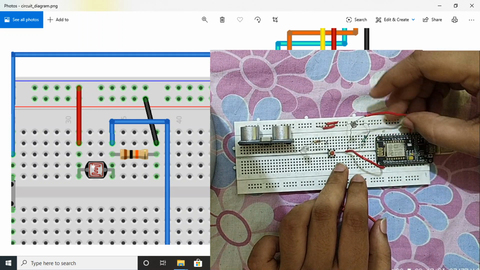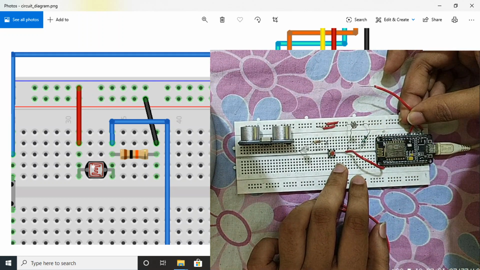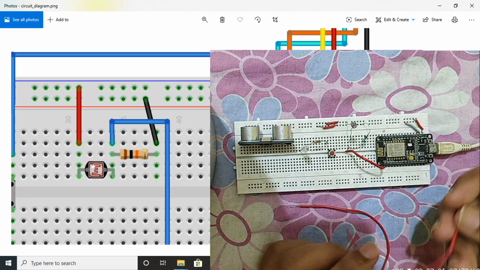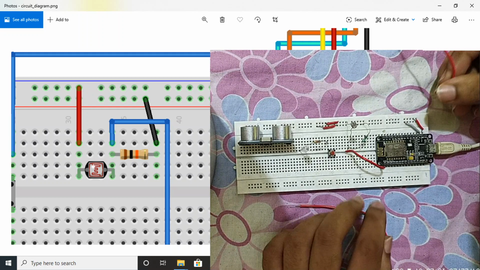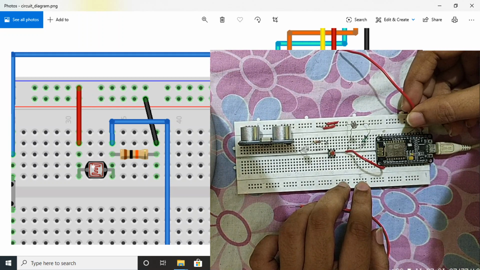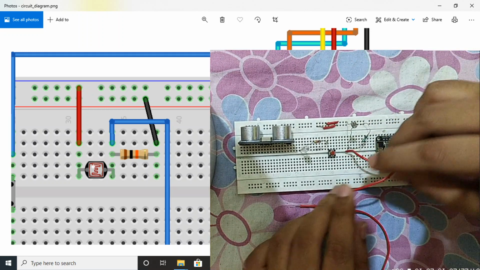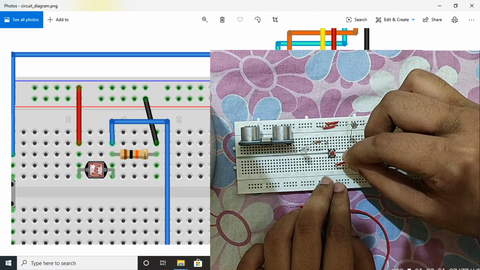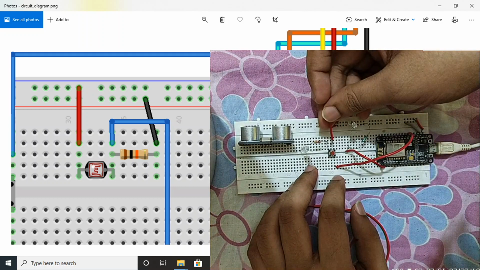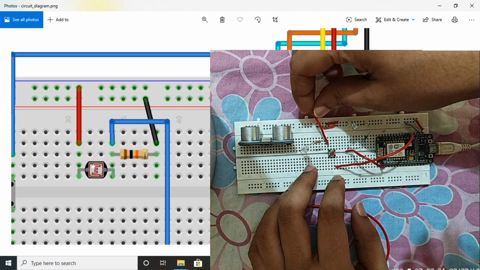I think we will use some long wire. We need to use a long wire for it. This D7, and connect here like it. And you also need to connect one of its ends to the ground.